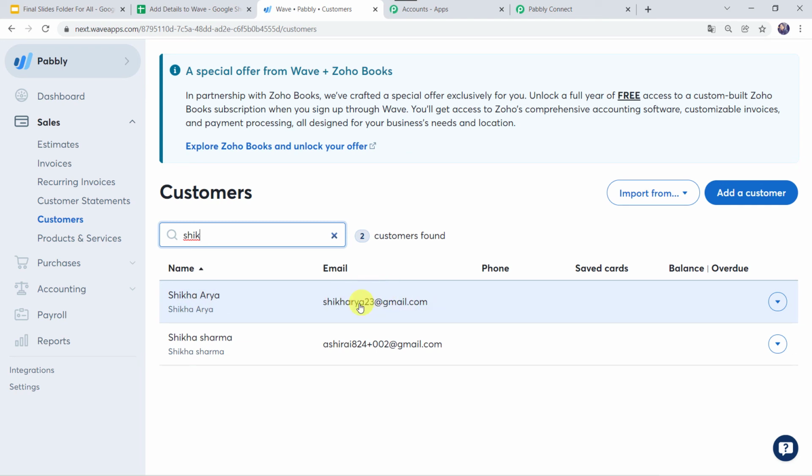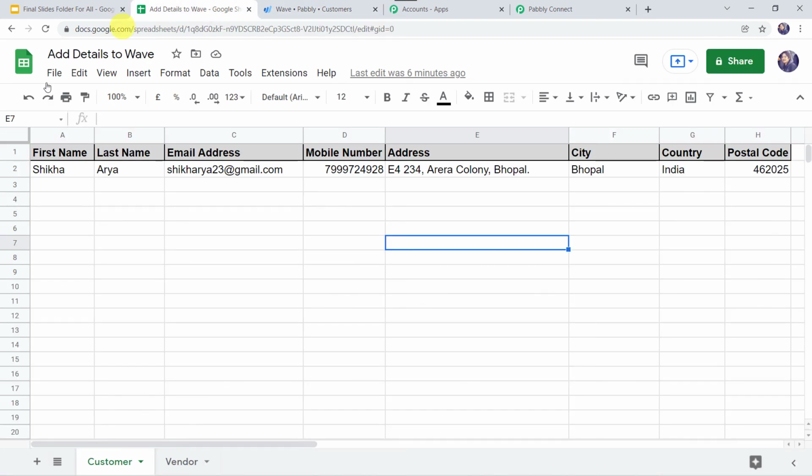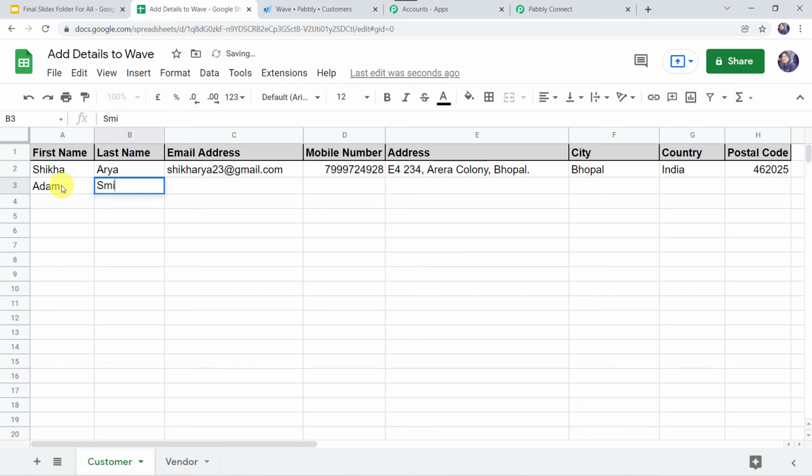Now let us check this in the real time. Okay, for that again we are going to this Google Sheet, and let us add the name of any of the new customer. Let's give the name as Adam, last name as Smith, email address as adamsmith25@gmail.com. Okay, and let's give the mobile number over here.